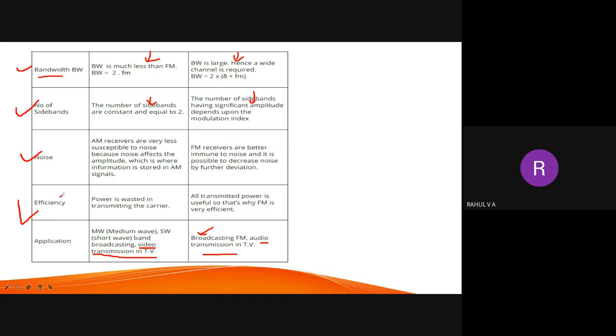Then you can write, actually, when it is AM, the amplitude is varied. When it is FM, frequency is varied, but which is constant now. When amplitude is varying in AM, frequency is constant. So that is the second point. And in the case of frequency modulation, amplitude is constant. So you automatically get the second point.